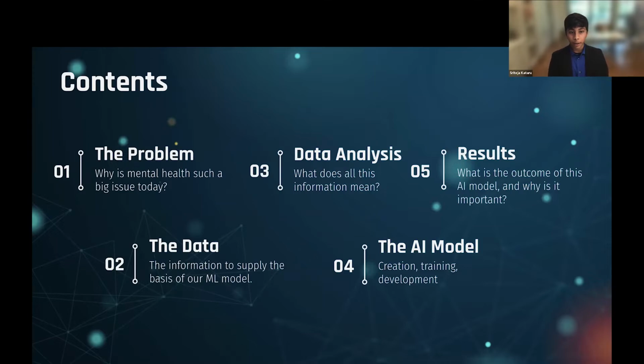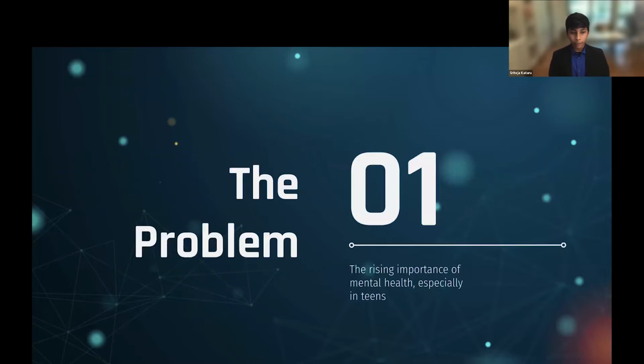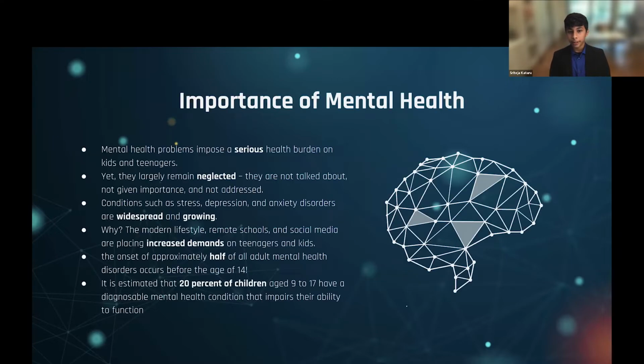Mental health problems impose a serious health burden on kids and teenagers, yet they largely remain neglected. They're not talked about, not given importance, and not addressed. Only now we are starting to see a difference in schools and mental health, but it still needs to be a bigger thing. Conditions such as stress, depression, and anxiety disorders are widespread and growing. But why? This modern lifestyle, including remote schools and social media, all of these things are placing increased demands on